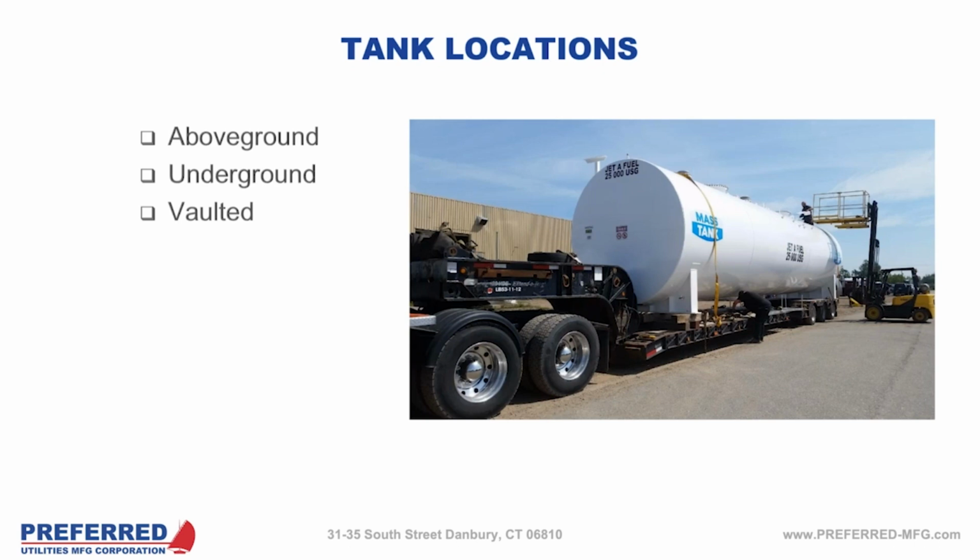So there are restrictions there. The size of the tank may be reduced. Your runtime may be reduced. You may opt to do a tank in a vault or underground if you can, with something nearby that's pumping and pushing fuel up to areas. Recently, we've even had some inquiries about designing large mission critical data center projects that are